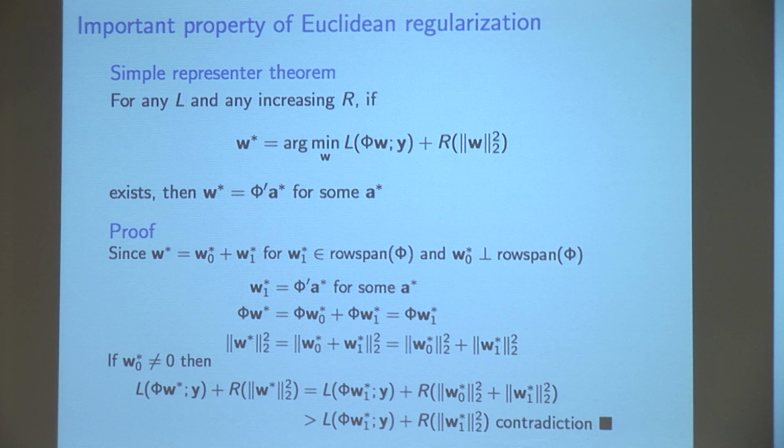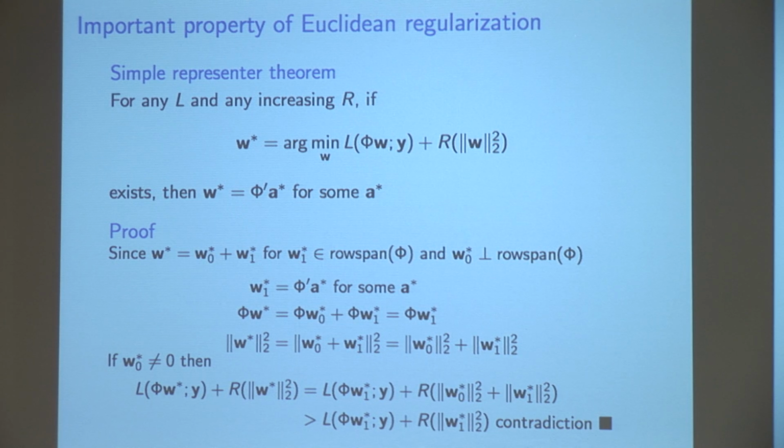Fine. Well, look at this loss. The only way that the weight vector participates in the loss is linearly, through phi. But if I decompose W into W0 and W1, phi W0 is 0, because W0 is orthogonal to phi by construction. So the W0 doesn't affect the predictions. You don't need the orthogonal component to do anything about the predictions on the data. So forget about the orthogonal component, you don't need it for prediction.